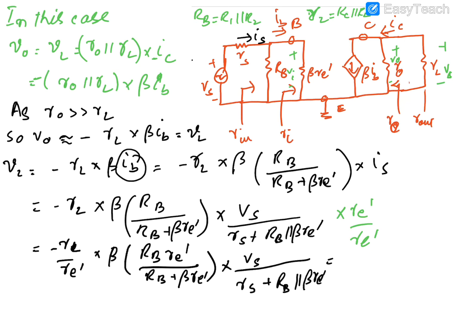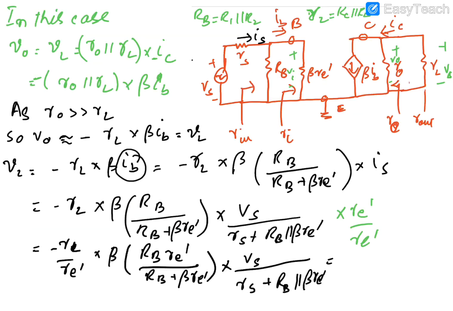For further simplification, we have multiplied and divided by RE dash at the same time. So this RE dash we have put here, RL over RE dash, and this RE dash is multiplied by RB. This is beta times RB RE dash. As you can see, this is basically the parallel combination of RB and beta RE dash. So after further simplification